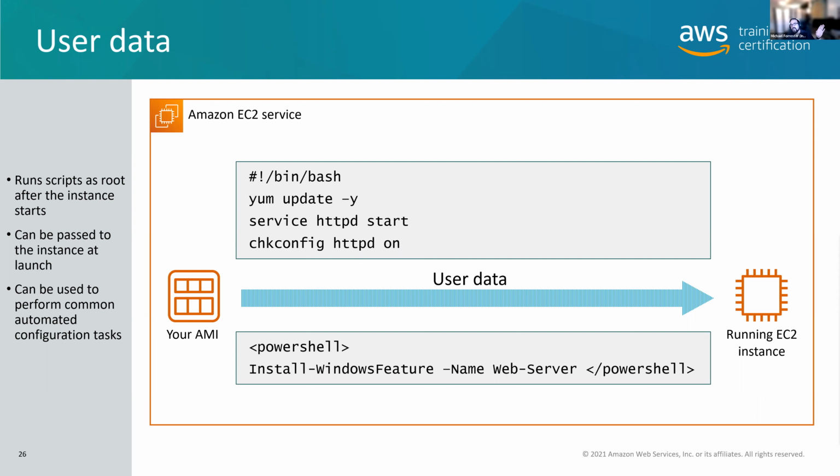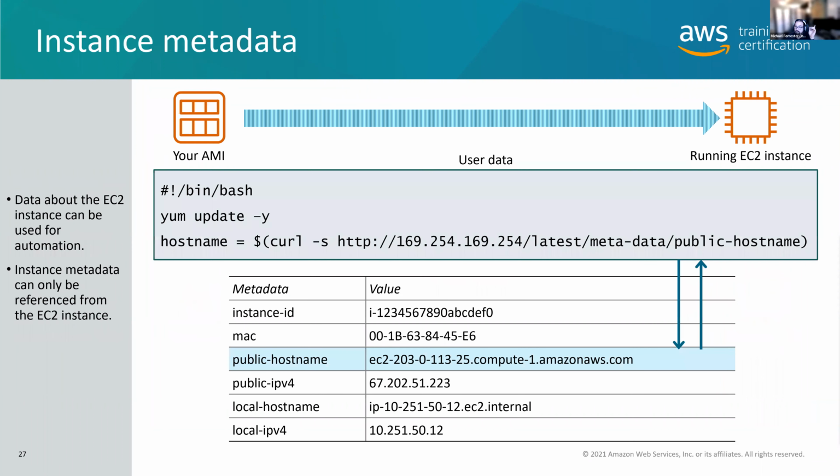Now, this is the user data. There's user data, which is what we're going to ask the system to do at boot time. And there's metadata, which is information that we get about the system. Notice that in this particular case, there's an IP address in there, 169.254.169.254. That is going to be on the exam, on the certification exam.